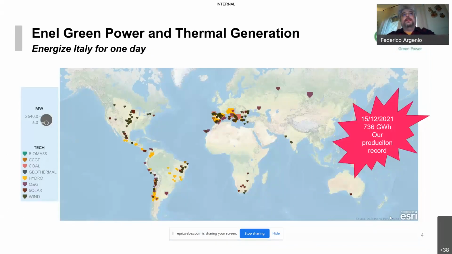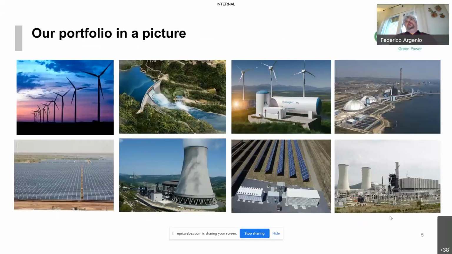Here it's important to understand the magnitude of Enel. Let's think about our record in terms of production for the entire fleet. That is like powering my entire country for one day with our generation portfolio. It's a big result because we are speaking of a country of 60 million people. Here we have the technologies that we cover, and here it's important to understand what working with this technology means,